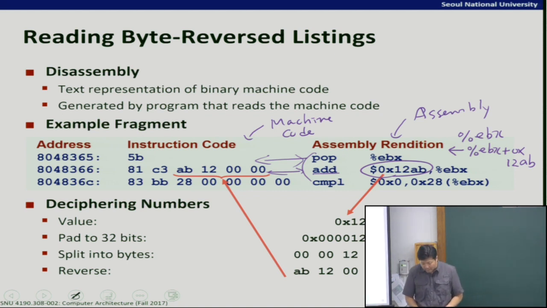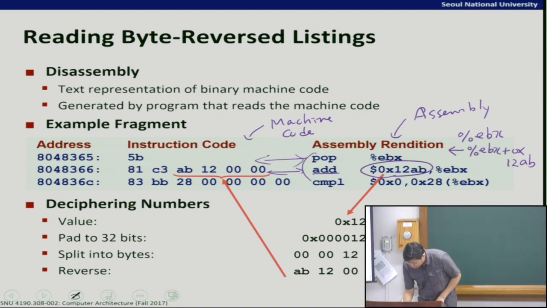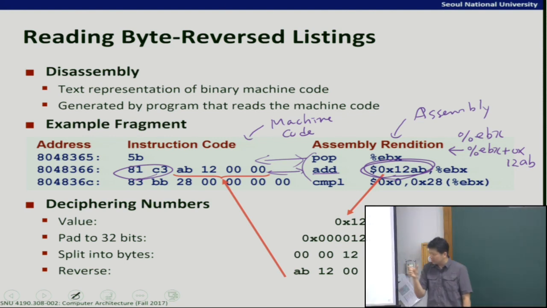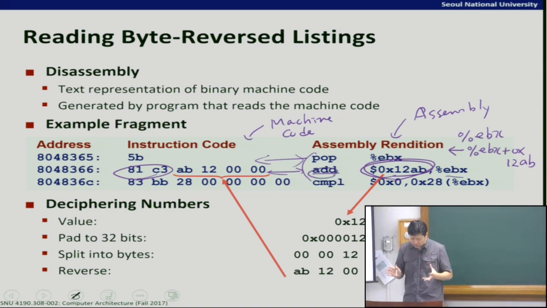Okay, and then the question is how to represent this value. This add instruction means add to the EBX register. This information is encoded in these 2 bytes, 81C3. This one encodes this add instruction plus this register. And this part conveys the constant value. So in this case, 12AB, right? But because this add instruction generally takes a 32-bit constant,